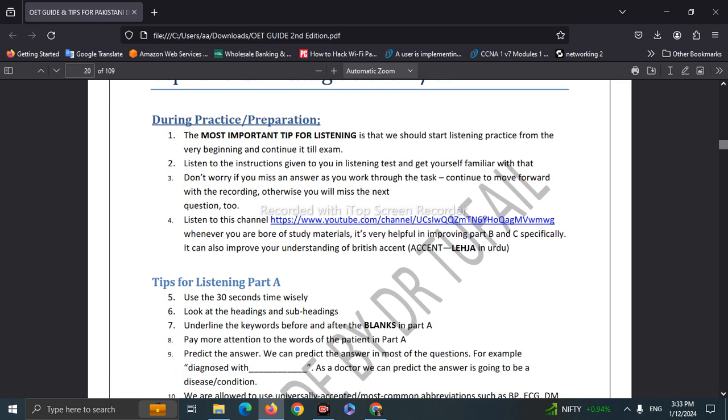And the most important tip is don't worry if you miss an answer. You should not lose hope. Mostly people in a listening session, if they miss one or two blanks, lose confidence. So confidence is the key,